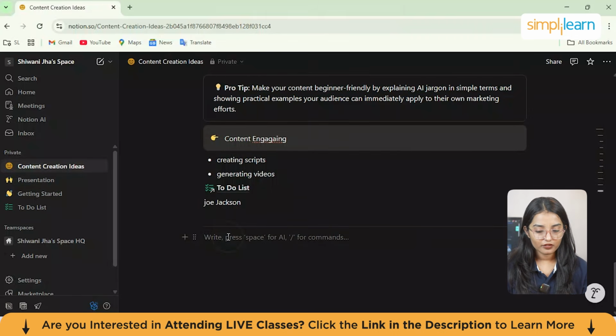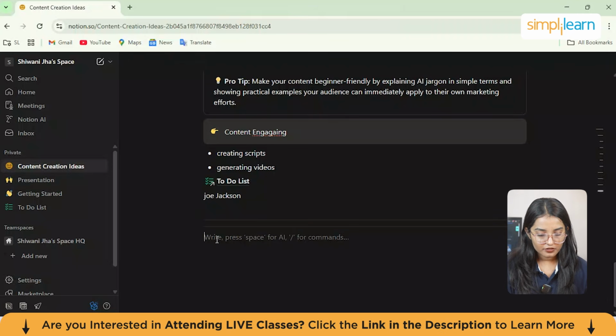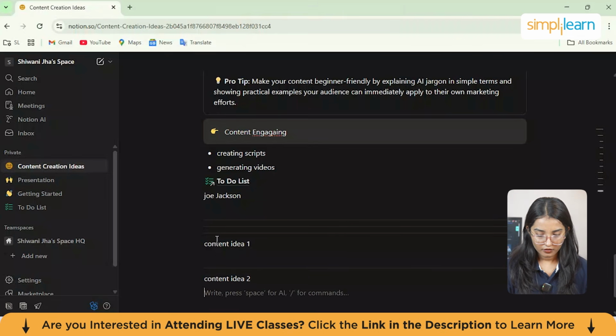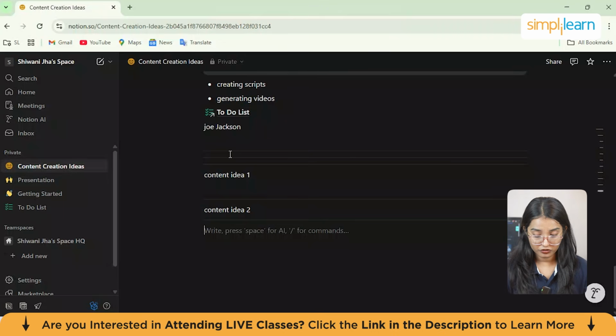So a divider actually works in this way, as in if you're creating multiple content from here, you can divide your pages into different segments. And for this, you can use the divider block, or you can just simply use this hyphen three times from here, and it will divide your pages. So this is my content idea 1, and I want to give it a divider. And this would be content idea 2. And then again, three times hyphen. So this is how you can use a divider in your pages as well.